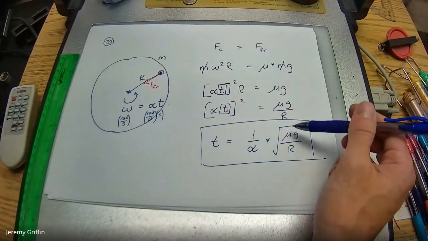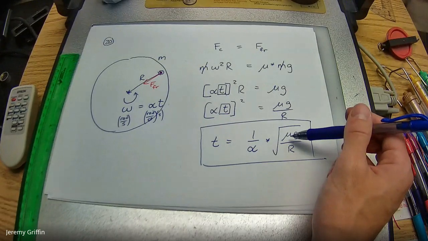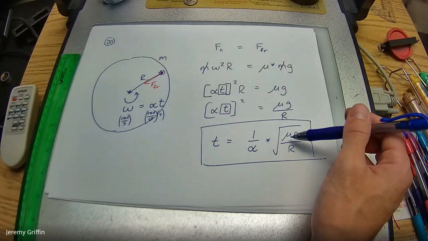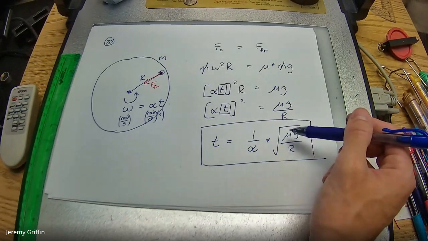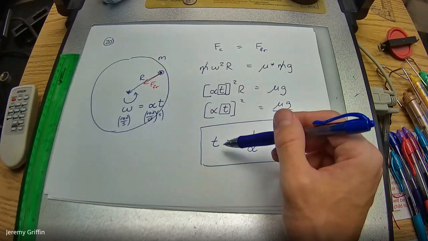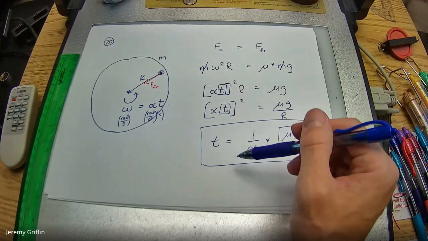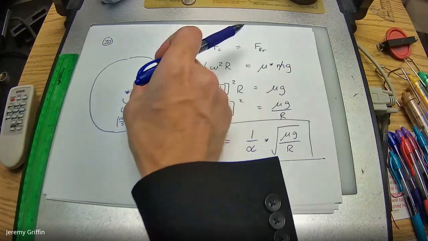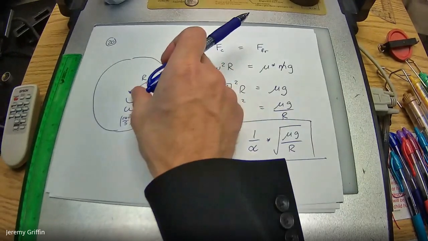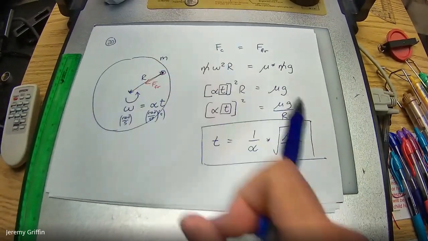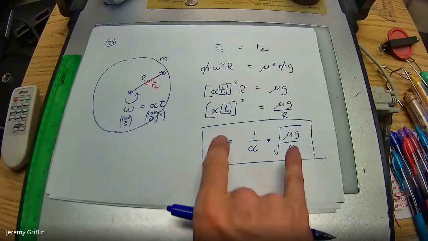What about this? What if you increase the coefficient of friction? Would it take more or less time before a coin slipped off? More time. Yeah, if you had 4 times the friction, it'd be double the time. That kind of makes sense too, doesn't it? What if the coin was further and further out? Would it take more or less time for the coin to slip off? Less time, because that's an inverse relationship.